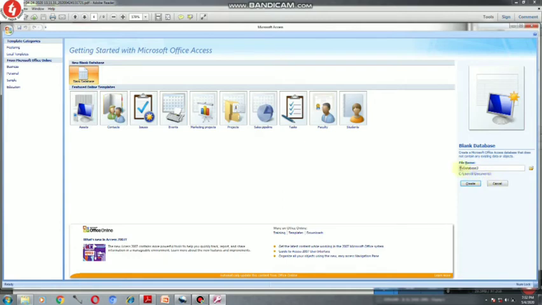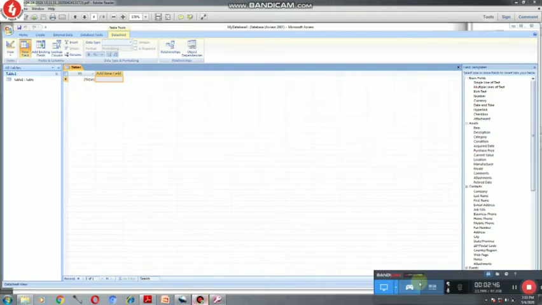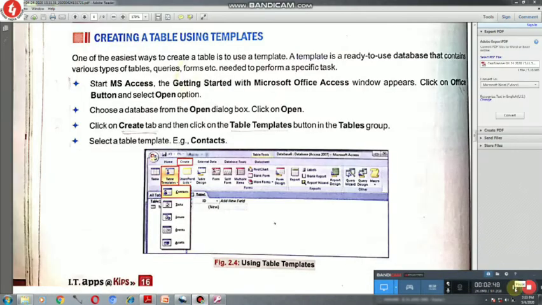That means my database 3 will get saved under the Documents folder once you click on the Create button. So I'm clicking on the Create button. Now this is your blank database ready. Afterwards you can create tables, queries, forms, reports, etc. using this database. Now our next step is to know how to create a table using templates.